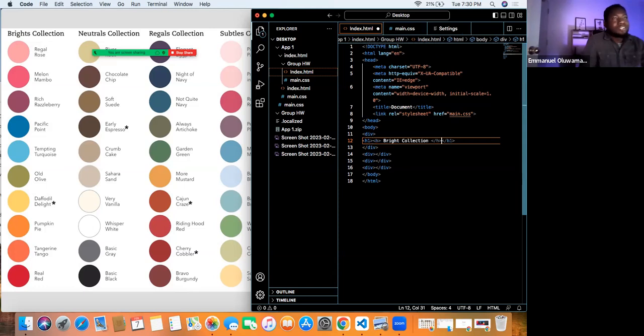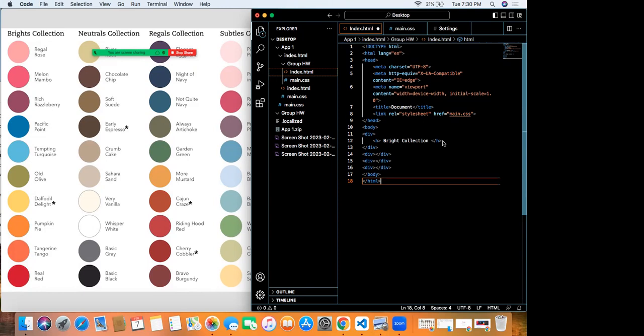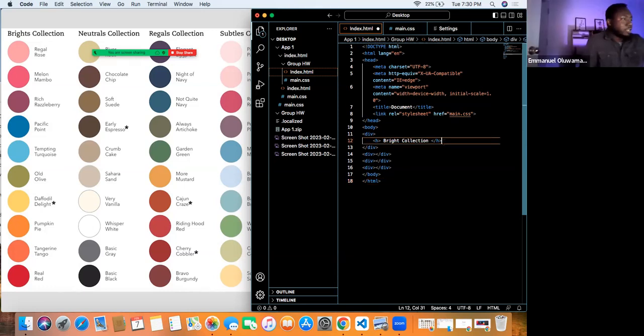Although the code you posted here, you still have to specify which header it is. We have H1 to H6, so it has to be one of them. If you start with H1, you end with H1. I know it's H1 through H6, but I don't know what the difference is between them. H1 is the largest size.